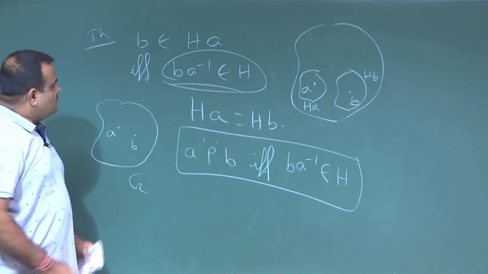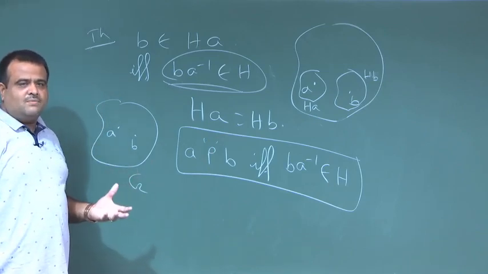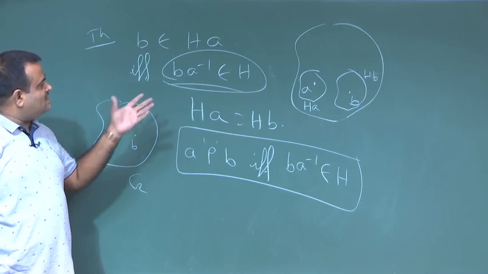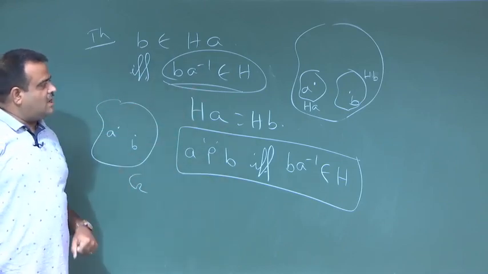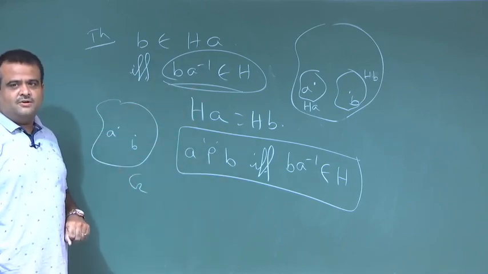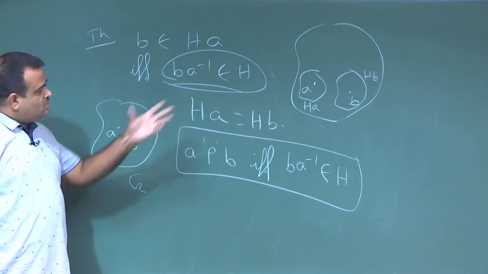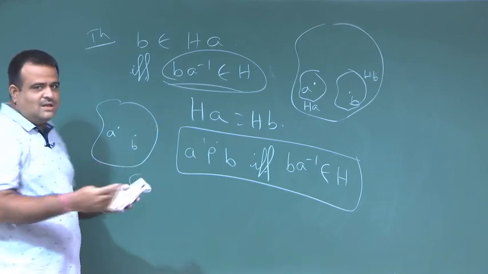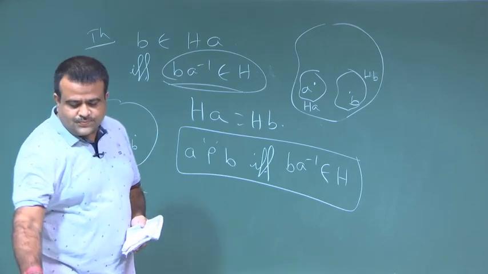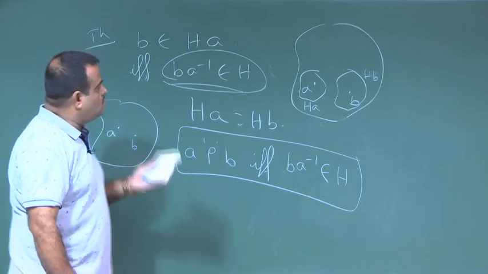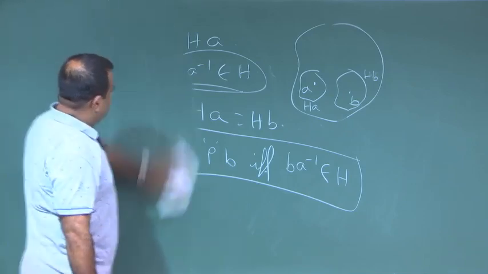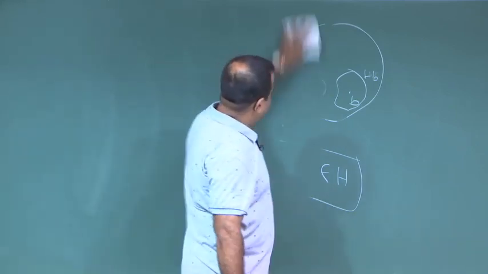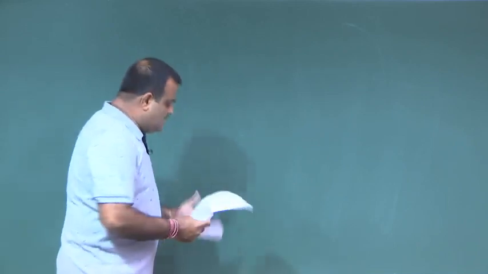So, if it is an equivalence relation, it will give a partition on the set, and that partition is nothing but our distinct cosets, disjoint, and we know the cosets are either disjoint or they are same. So, that is basically the class of the equivalence classes of this. So, we define the equivalence classes.